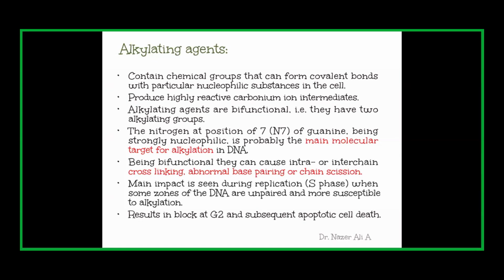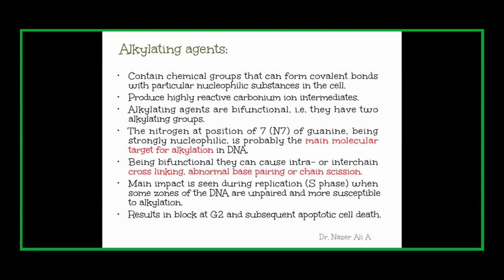Okay, and also these alkylating agents are bifunctional because they contain two alkyl groups. So they can cause intra-strand and inter-strand cross-linking, which can result in abnormal base pairing and consequently scission of DNA strands. Okay, so how is the cytotoxic effect produced by the alkylating agent? The alkylating agent transfers an alkyl group like a hydroxyl group, carboxyl group, or sulfhydryl group. These groups are transferred to the cellular constituents by forming a strong covalent bond. So as a result, what will happen? The cellular constituents will not be available for the metabolic reactions.